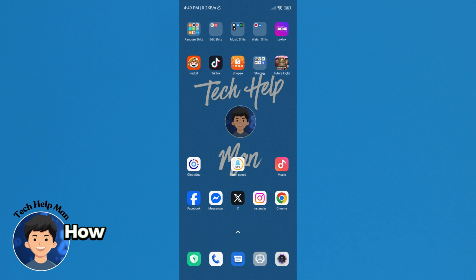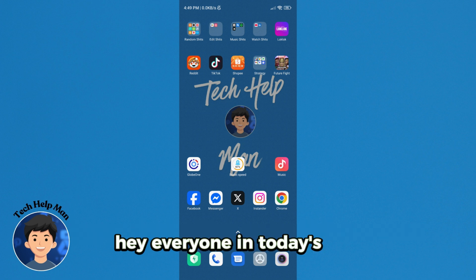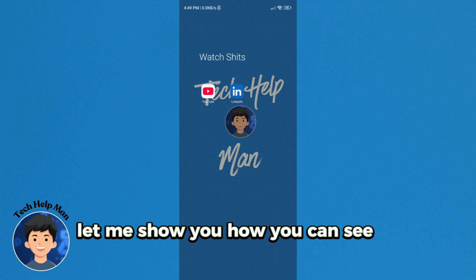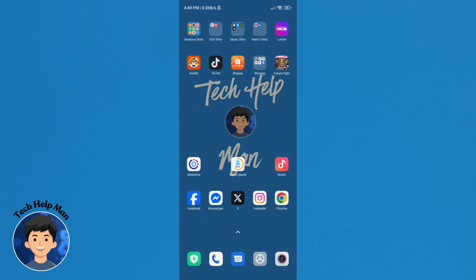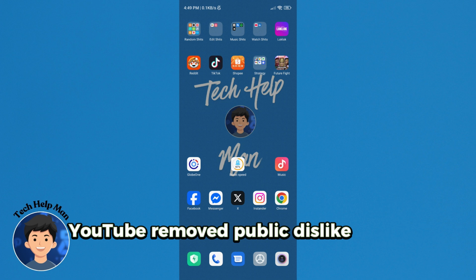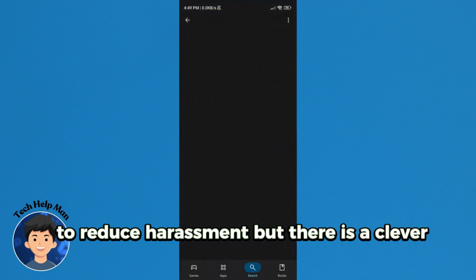Today, let me show you how to see dislikes on YouTube on your phone. Hey everyone, in today's video, let me show you how you can see dislikes on YouTube videos right from your phone. YouTube removed public dislike counts back in November 2021 to reduce harassment, but there is a clever workaround